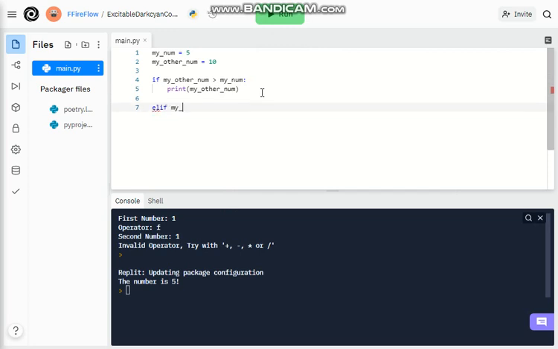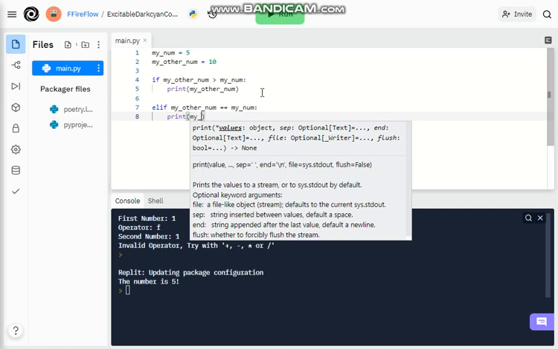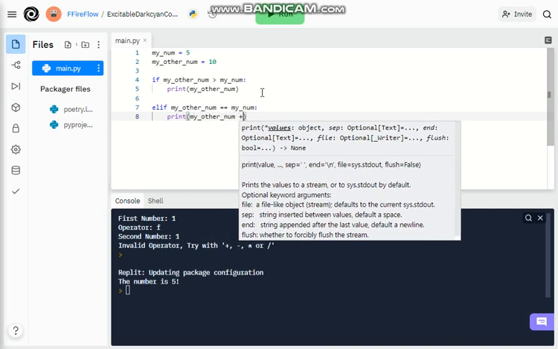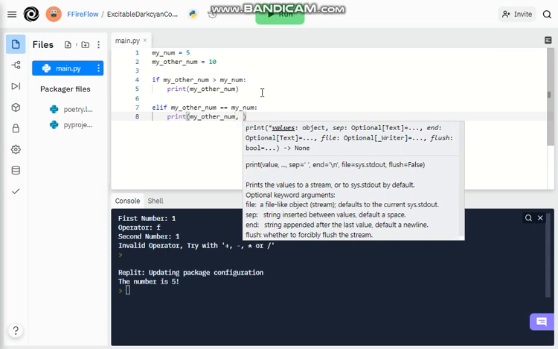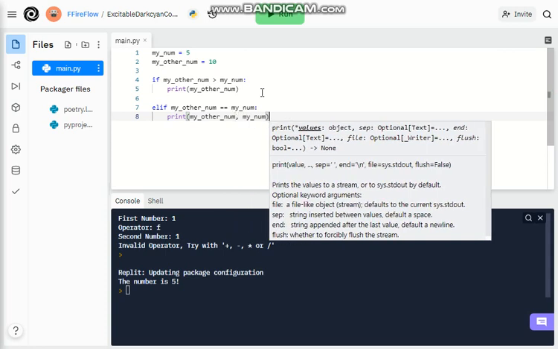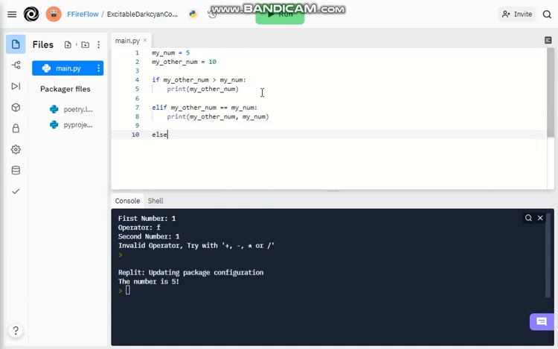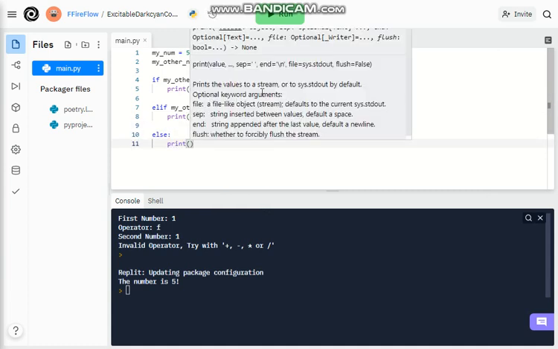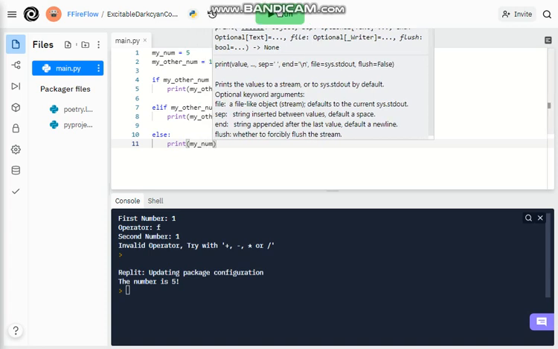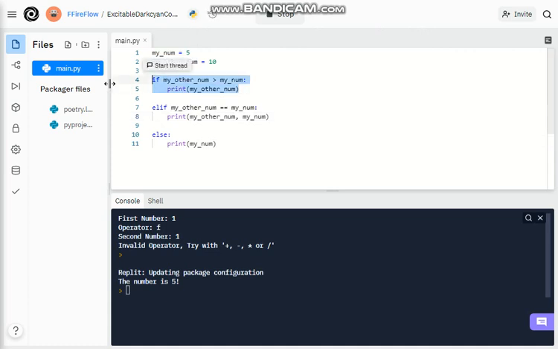Elif my other num equal my num. Print my other num plus, actually, you know what? My num. Else print my num. So let's run it, and of course this is the one that will be issued because